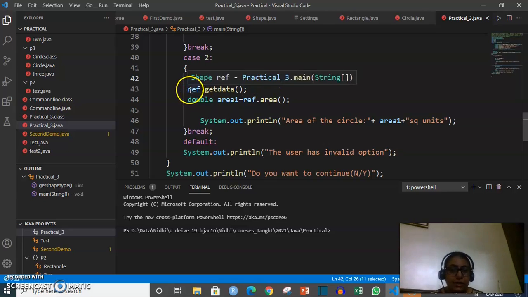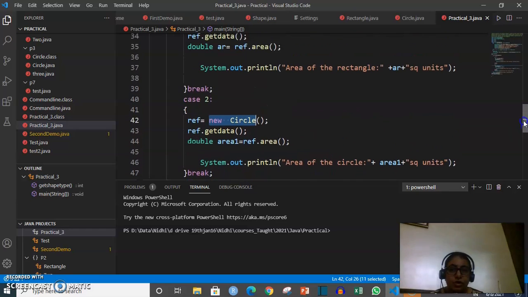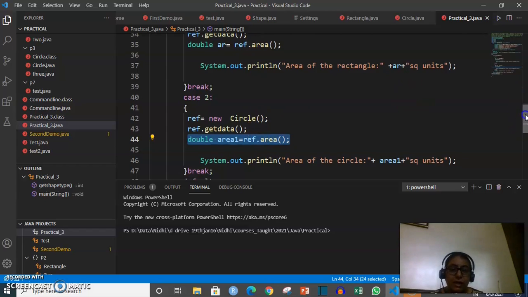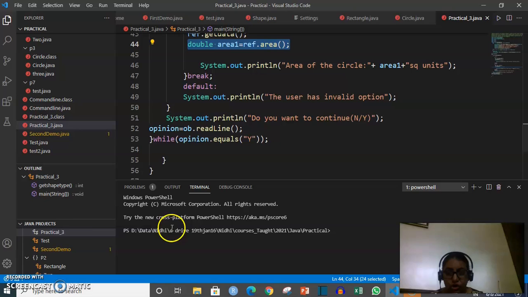And then after that the same thing, reference.getData and reference.area. So you can see both the statements, reference.area and reference.area. These both statements are same. One was called for rectangle, another was called for circle, but they look same. So that means it is basically dynamic method dispatch.